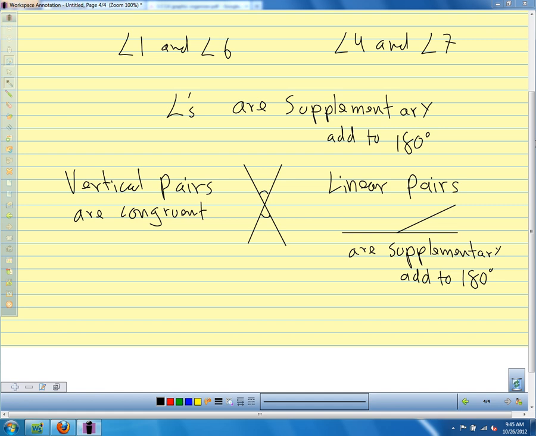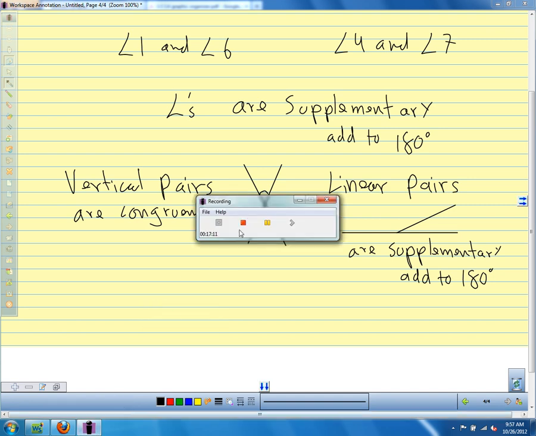Questions on the graphic organizer? No questions? Okay. So our homework tonight is